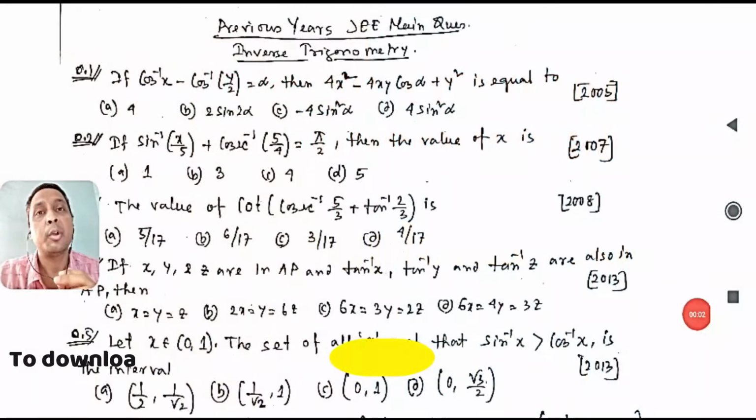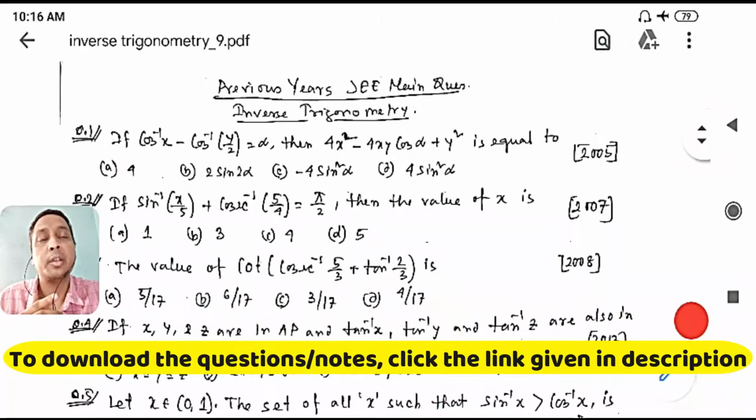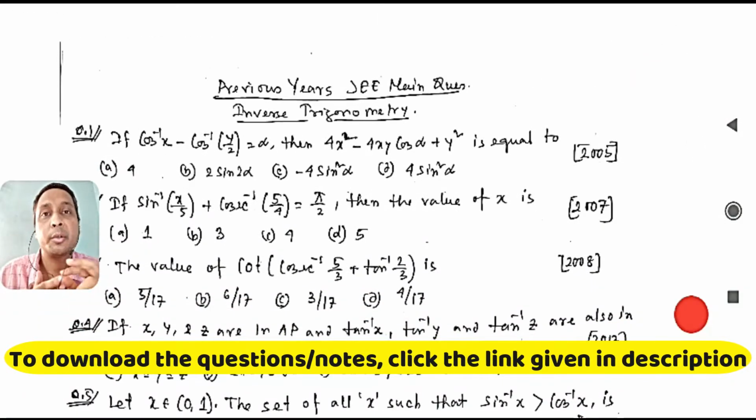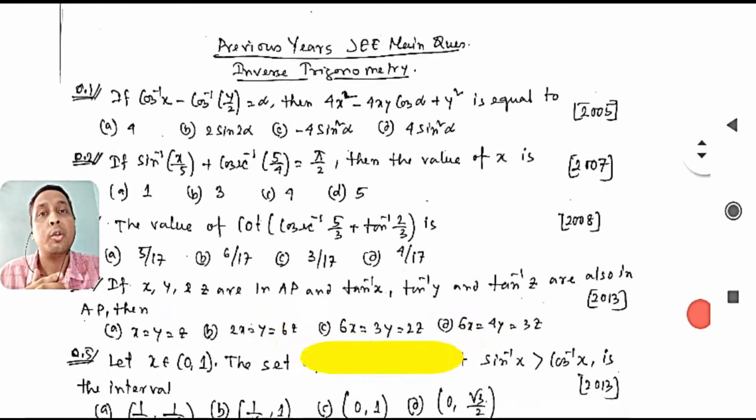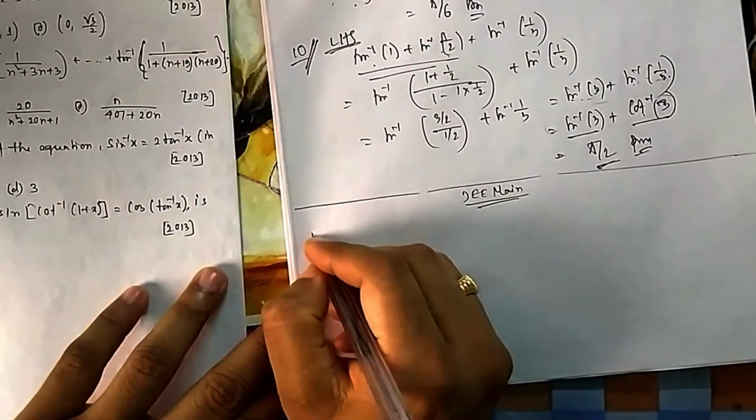Okay students, welcome you all to this new lecture at the intermediate level, where you are solving previous year JEE Main questions on inverse trigonometry. In this lecture we will be solving 4 questions, question number 1 to question number 4. Okay, then let's see this. If you see question number 1, what is given?